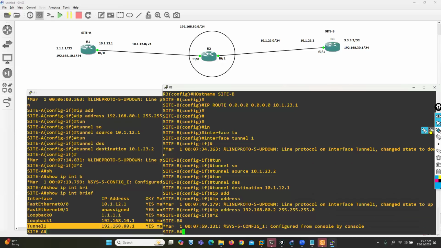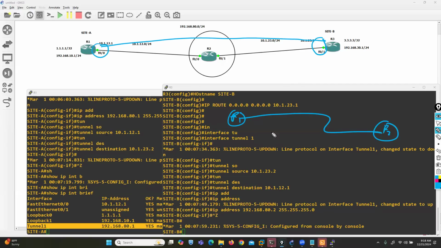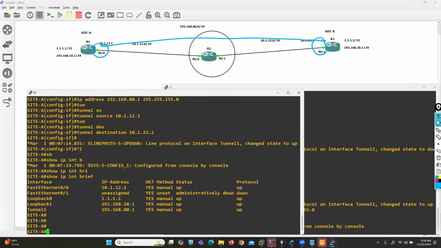So this is our private tunnel. It means logically you have a direct cable from this interface to this interface. For example, you have two routers, R1 and R2, with a direct cable like this. So you can configure any routing protocol here. What I'm doing is trying to advertise these networks in the EIGRP protocol